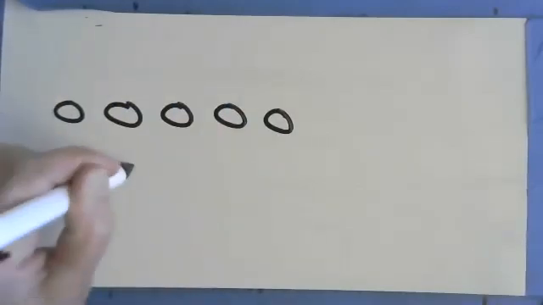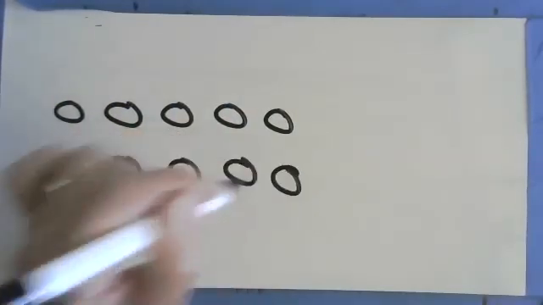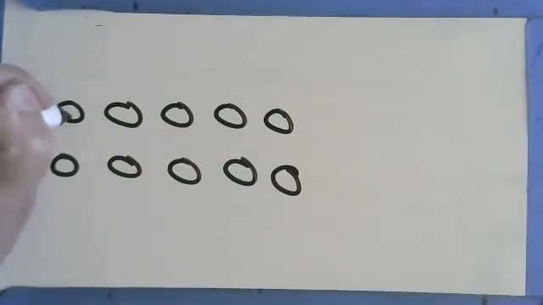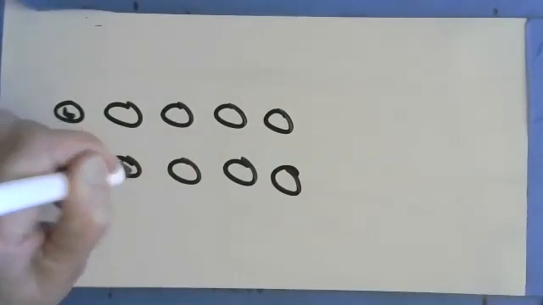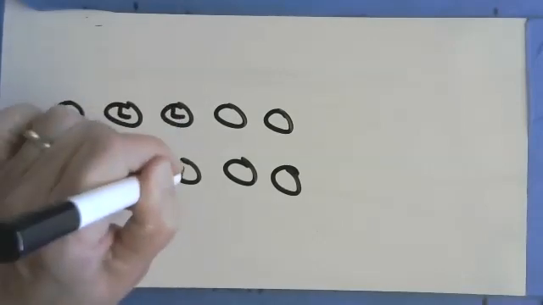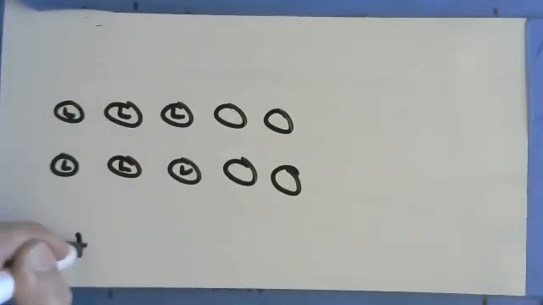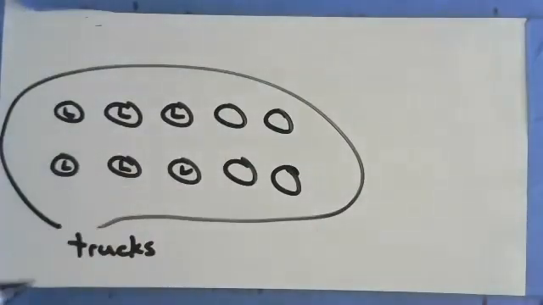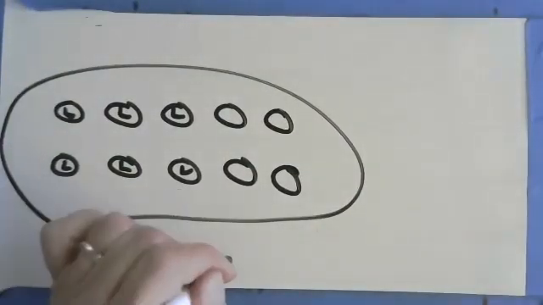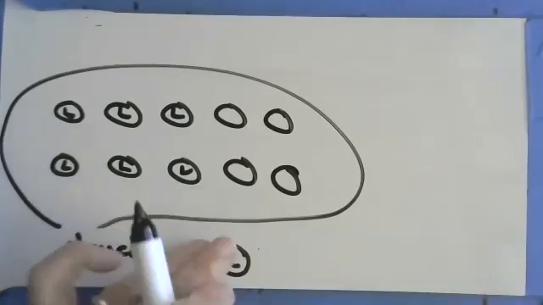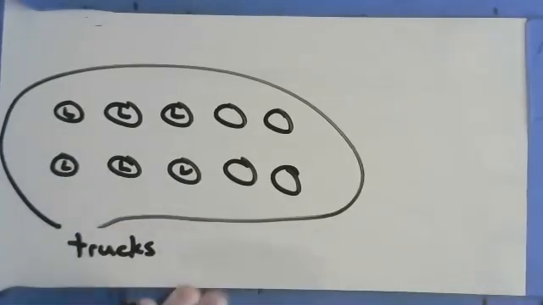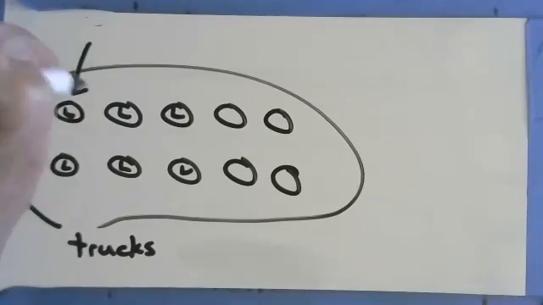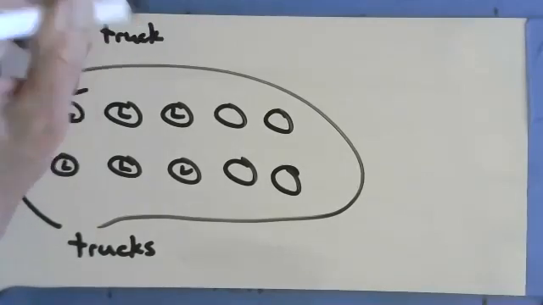With number 7, he saw 10 toy trucks. So we draw the 10 trucks. 6 of them have ladders, so we could mark the 6 with the ladders. So this would be trucks. All of them are the toy fire trucks, and then trucks with ladders. Although I'm not sure I would draw that separately. I think I would say truck with